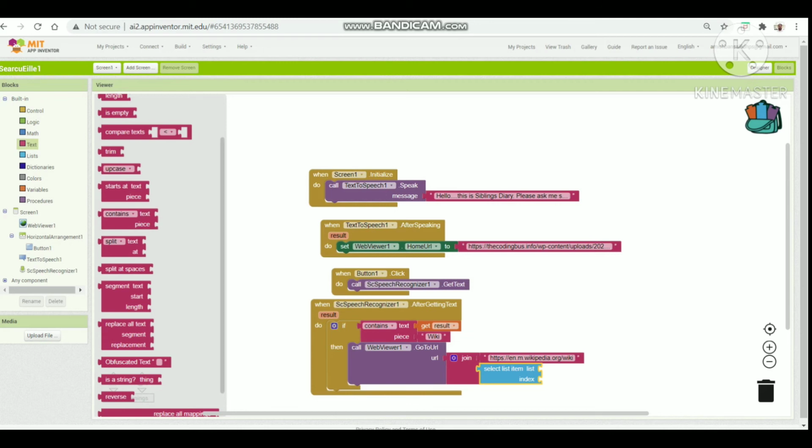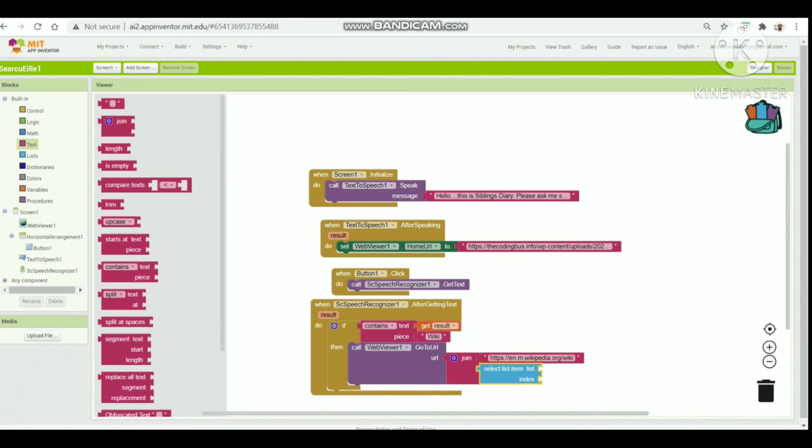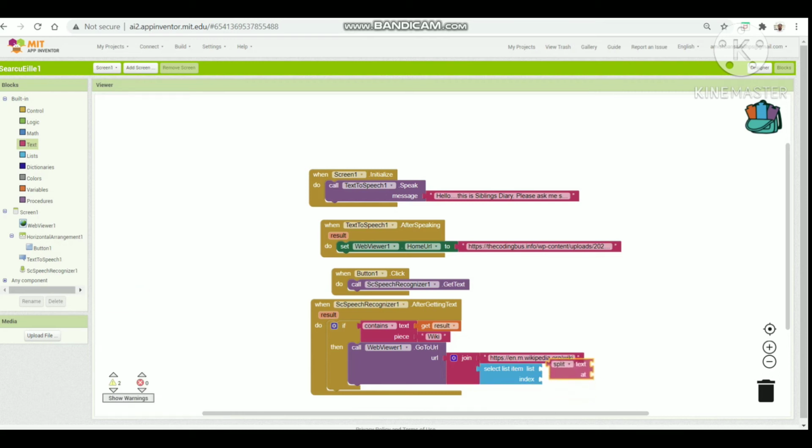There will be something split text at, so this one, and paste it in the above, not in the down, and then from then here and do this, paste it in the above, and then copy this wiki and paste.